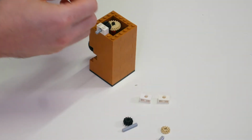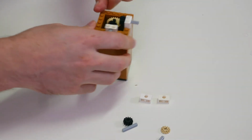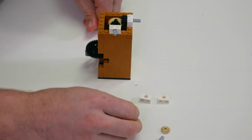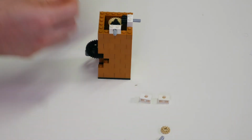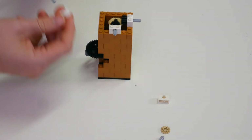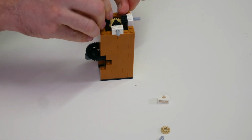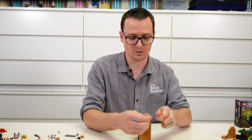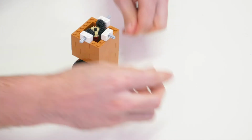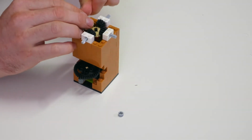Grab a 1 wide brick, pop it on. We'll do the same again, popping the axle pin down, just that little touch, but not all the way through. Grabbing our white Technic brick. So we're going to use this 1x3 axle again, but placing this tan cog on top, which is a little bit narrower, and then join that on top of